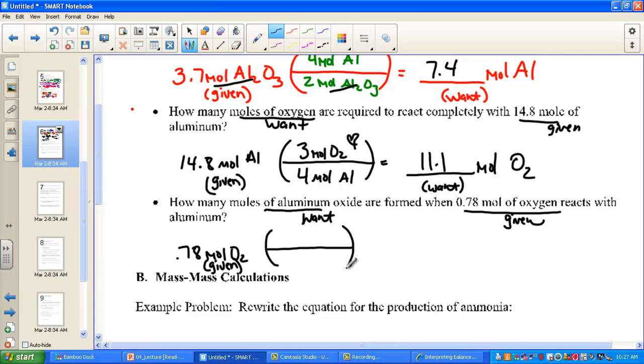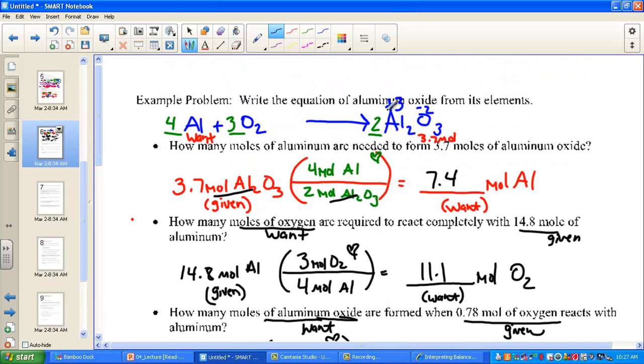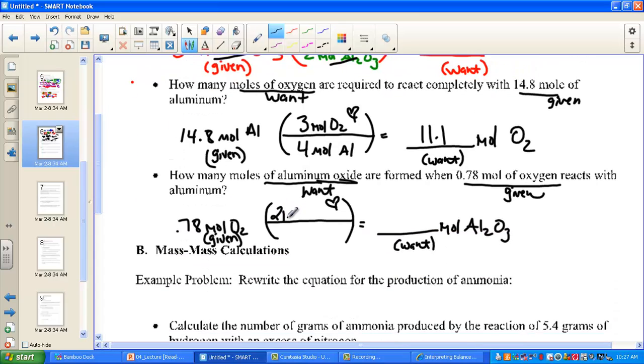To move from moles to moles, it's a one-step conversion where we're in the heart of our problem, the want over given mole ratio. We want to move from moles of oxygen to moles of aluminum oxide. That's our product, Al2O3, the product aluminum oxide. So this is our wanted calculation from our given quantity, moles of O2. From our recipe, we need those coefficient ratios. We want Al2O3, its coefficient is a 2. So on the top goes the want, 2 moles